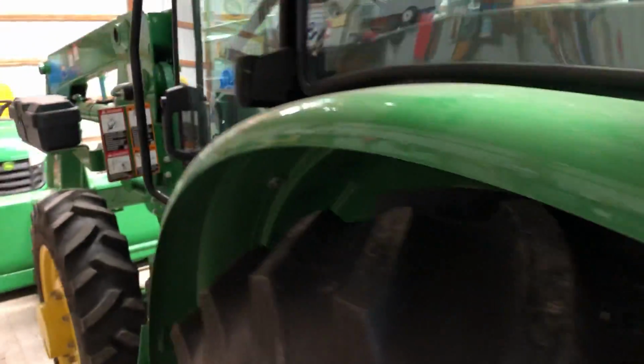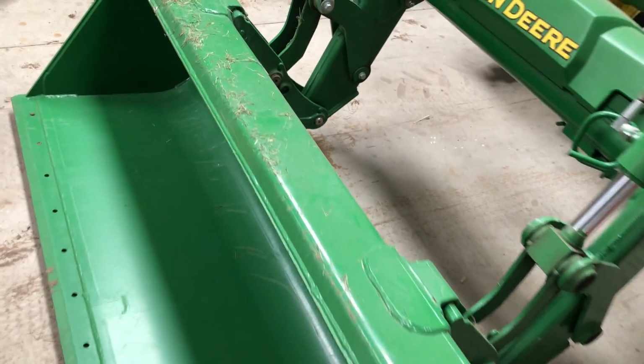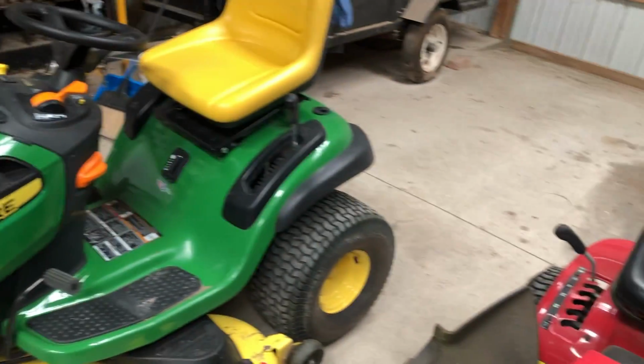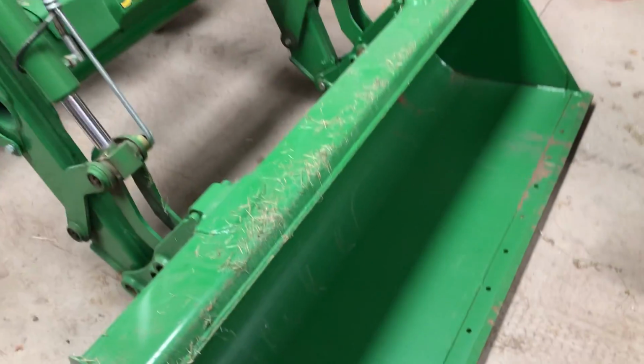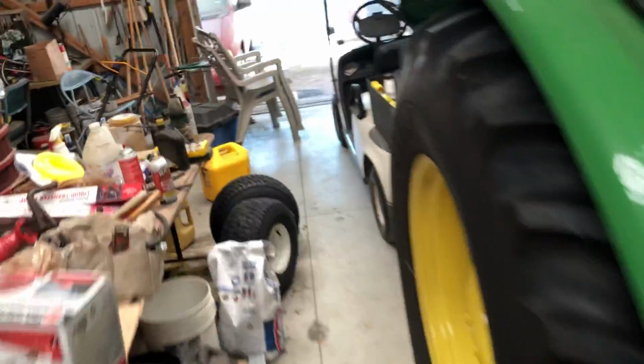Of course, got everything all put away because I've been actually using the John Deere 5065E, just mainly with using the front end loader, because there's been some clumped up grass clippings. I've been catching them with this lawn sweeper. I've been attaching this to the John Deere D140, and what I would do, I would dump all the clippings into a pile, and then I'll load that pile of clippings onto the bucket on the John Deere 5065E, and I'll dump them out